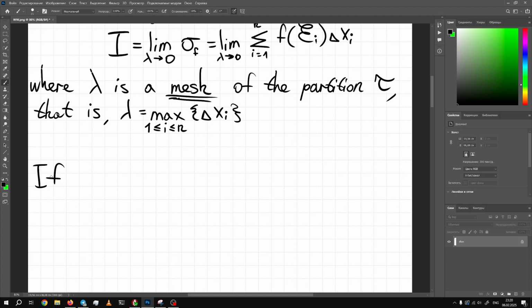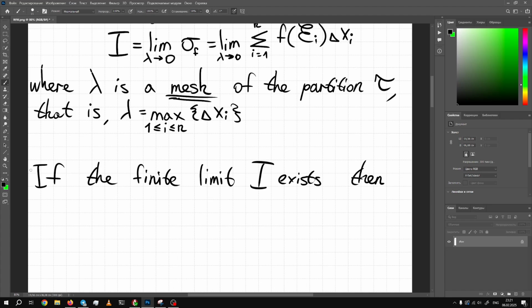If the finite limit I exists, then it's called the definite integral